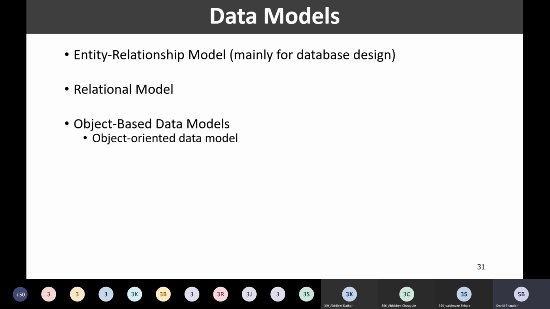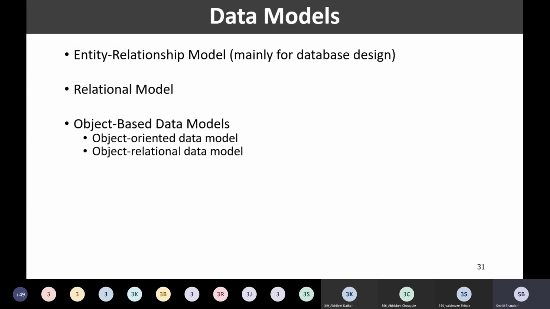So, in the object-oriented data model, we have integration of the ER model and the object-oriented programming concepts. So, ER model with the notions of objects, encapsulation, functions and so on. So, this will form my object-oriented data model.